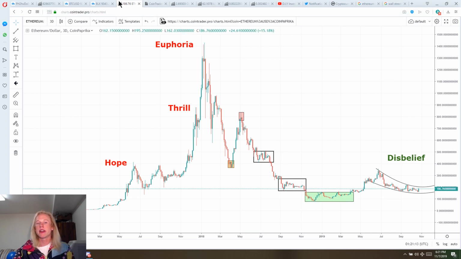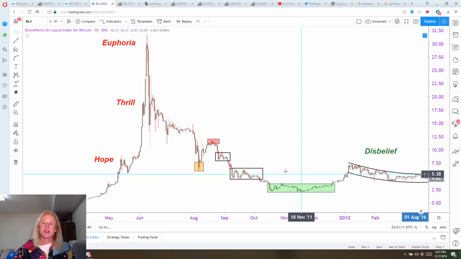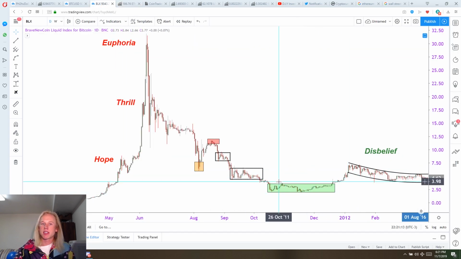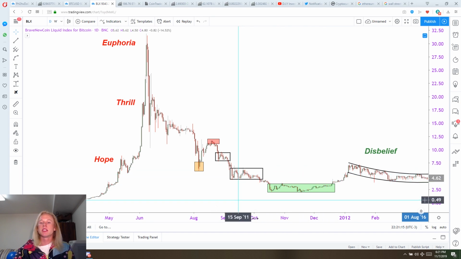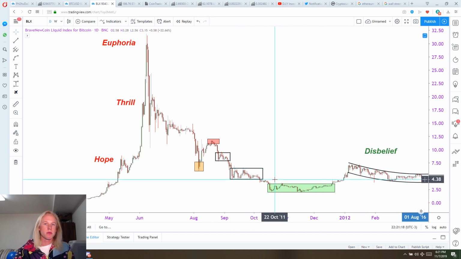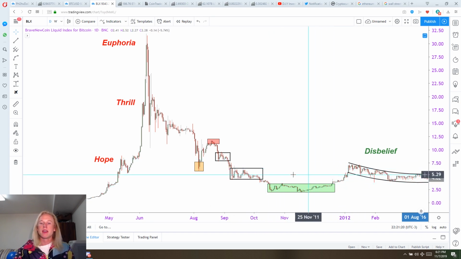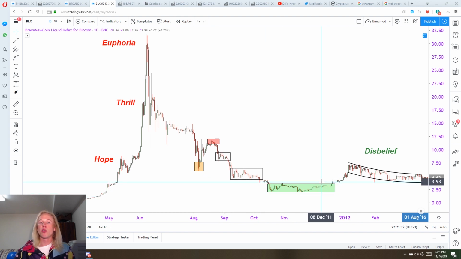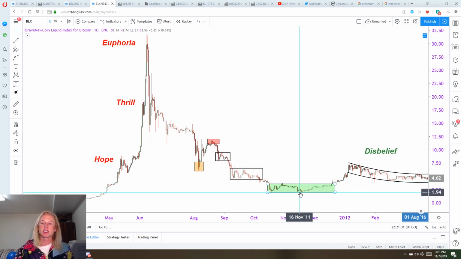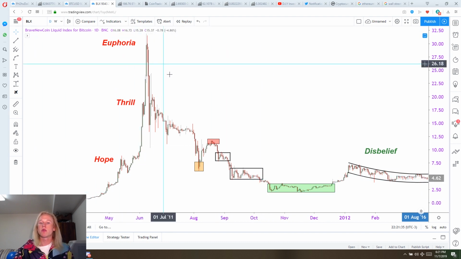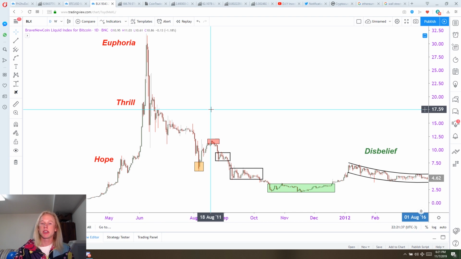Now, this is where it gets really interesting, guys. The final sell-off is obviously the best time to accumulate, but most people don't. It's the most time of fear where everybody thinks that the market's dead and it's going to keep going down. And then that's really what starts the next bull market. When all of the sellers have exhausted, the market's collapsed, everybody's tired of it, and they've sold all of their positions, that's what starts the next bull cycle back up. And this is the way the cycles work. You have to have a rinse and then repeat. And this is what's going to happen continuously up and down.